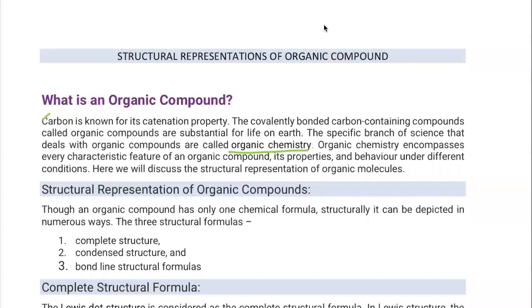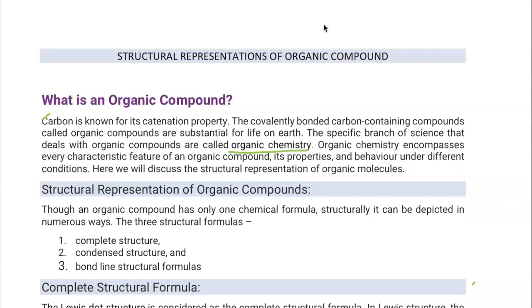So why do we learn organic chemistry? Because organic chemistry gives us an idea of how organic compounds react, how they behave, and how various types of compounds are formed. As well as that, we have to learn their characteristics and various properties. In class 11 and 12, you learn just the basic things, and in higher classes you will learn in detail. It is a very vast syllabus, organic chemistry.